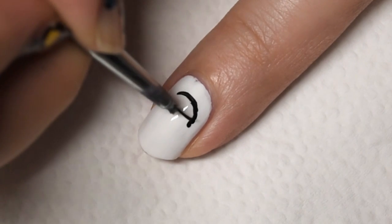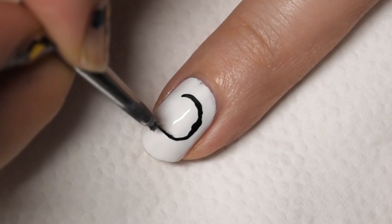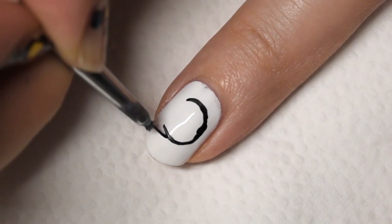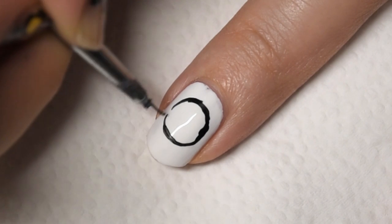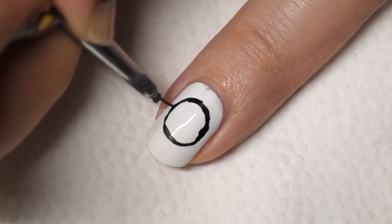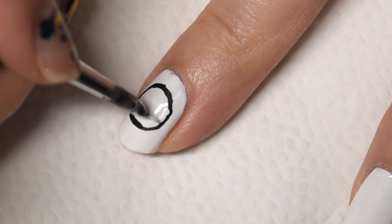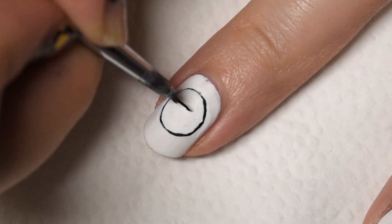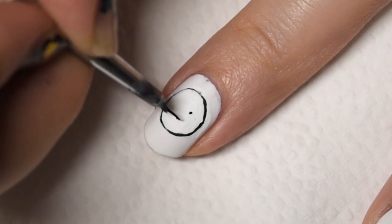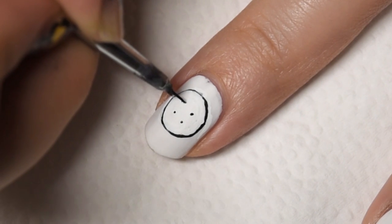So first thing I'm gonna do is wait for the top coat to completely dry and just draw a circle on the middle nail here. As you can see, this does not have to be perfect because black and white designs can be easily fixed. Now go into the white acrylic paint and you're gonna make this circle as small as possible. Go into the black and you're gonna draw 4 tiny dots right in the center as guidelines for the illusion